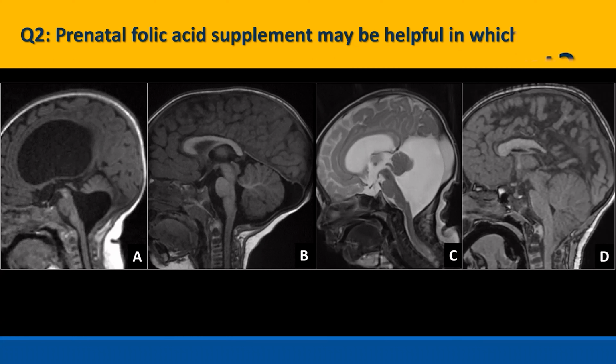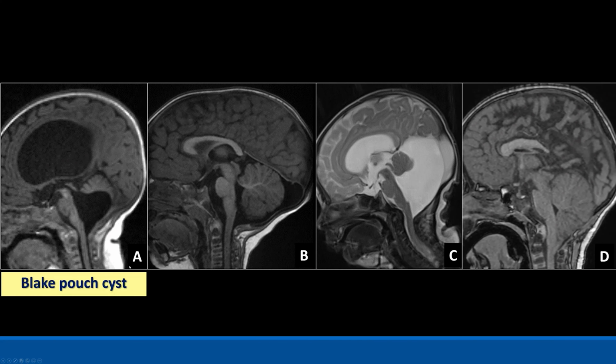So you need to give the diagnosis for each patient first. A looks like an arachnoid cyst back there. C looks like Dandy Walker. And D looks like a Chiari. So Chiari 2 is what's going to need the supplement. Yes. So the answer is D, right? So the patient's number 1.